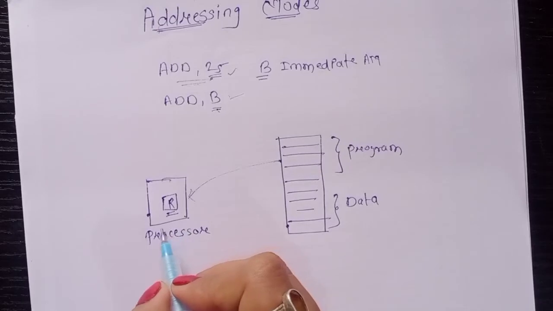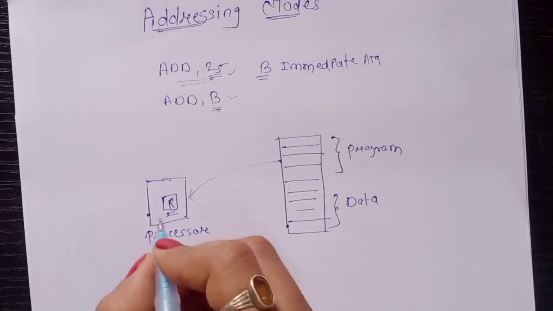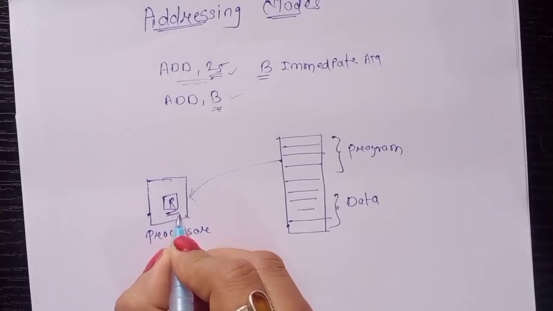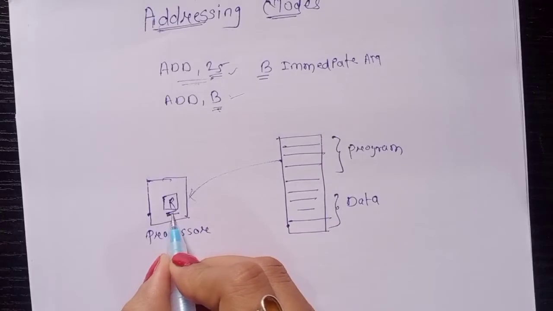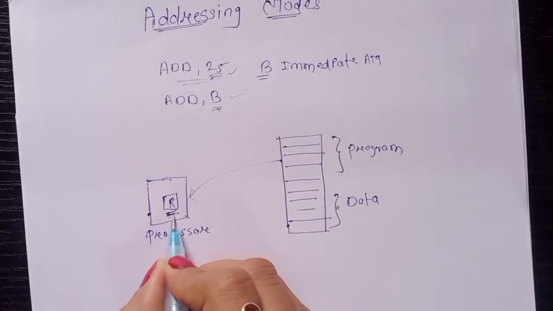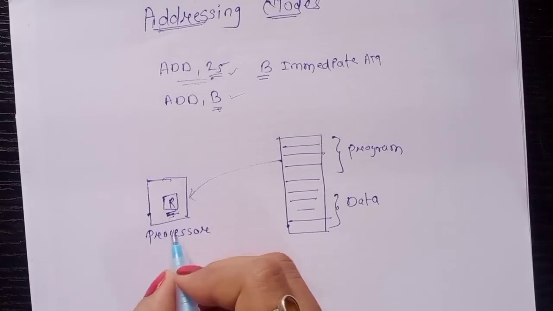There are various registers inside the processor. We know that there are a number of general purpose registers inside the processor. So if you are a programmer and you want to give data to the processor, the first choice is to keep your data inside registers. Why? Because these registers are present inside the processor, so they are easier to work with, and operations are faster.